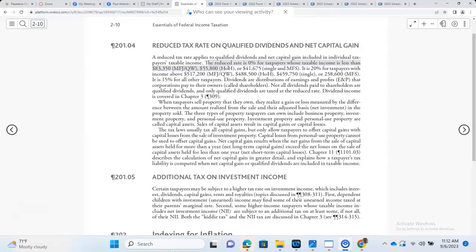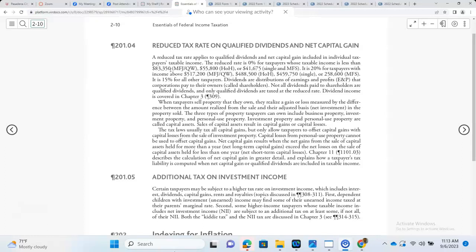Head of household is the next one, 55,000, and married filing separately is 41,000. That's why, you remember I said married filing separately has some negative issues. One of them is here, you see. If you file married filing separately, your threshold goes half, or even less than half, let's say. So that's $41,000, just like single. So anyway, if you have up to this much income and you have a capital gain, you pay zero tax